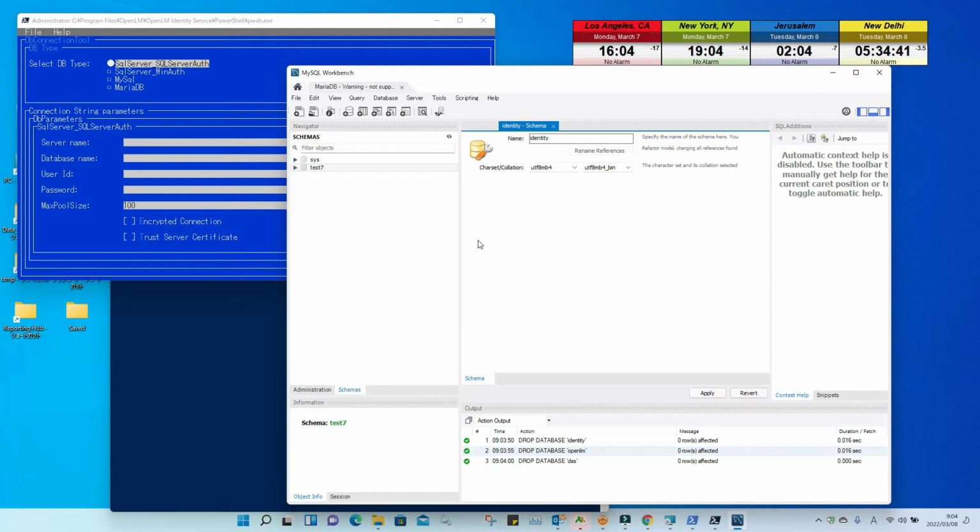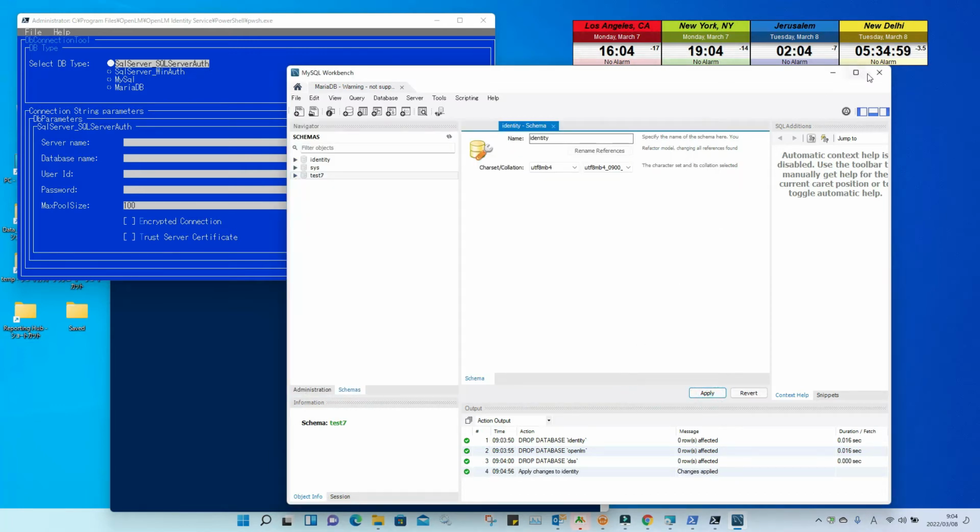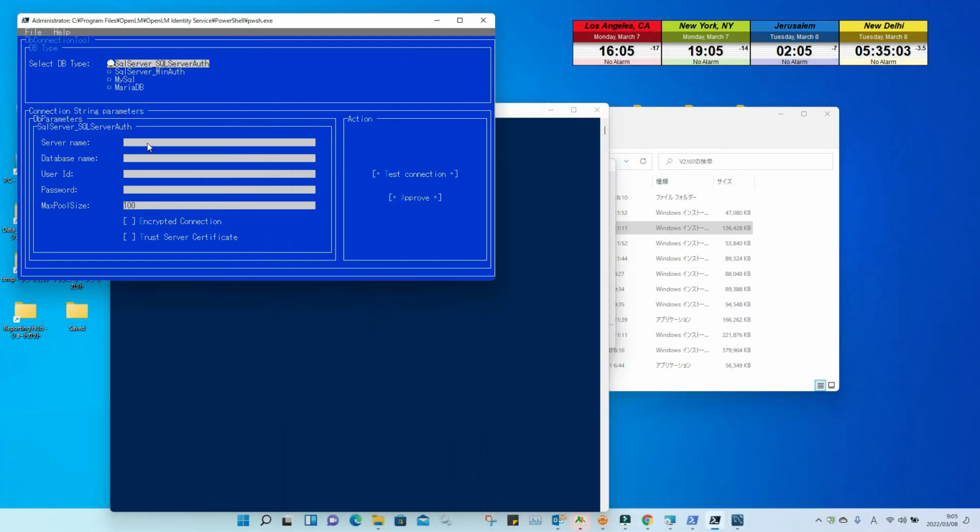So you have to choose CS and AS, for example Latin1 100 or something like that, and CS and AS. After creating the database, I will specify MariaDB, and then